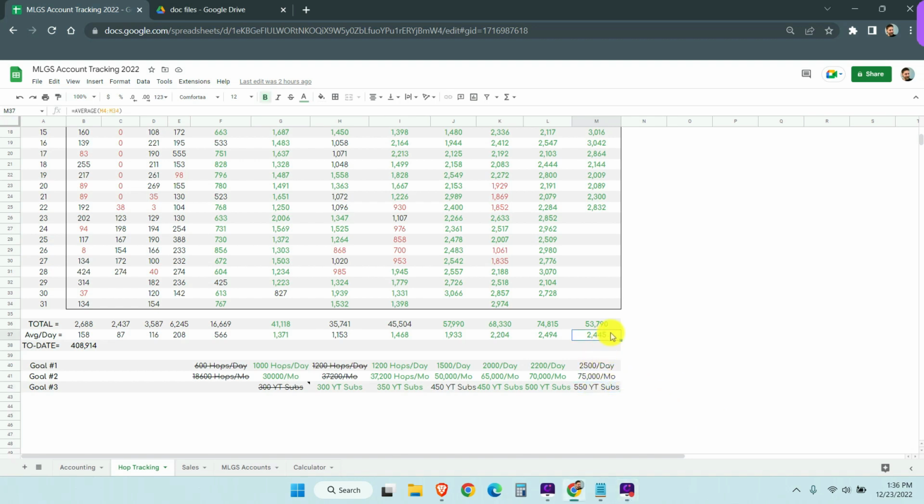All right, so I've set goals. So far, I'm averaging 2,445 hops per day. I have a goal of 2,500. It's extremely close. It's going to probably come down to the last day. And then a total of